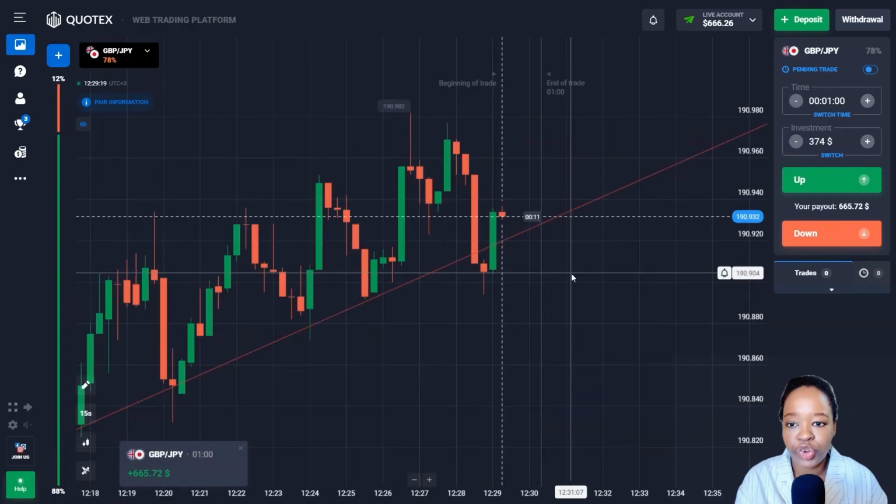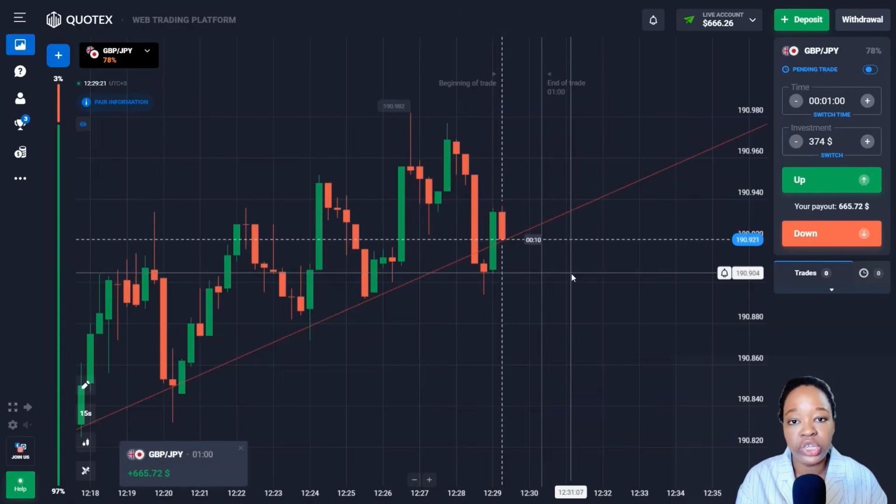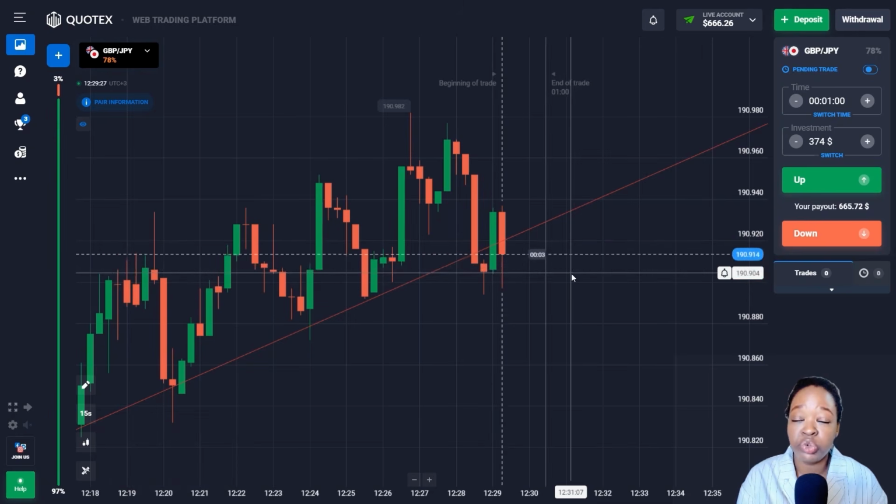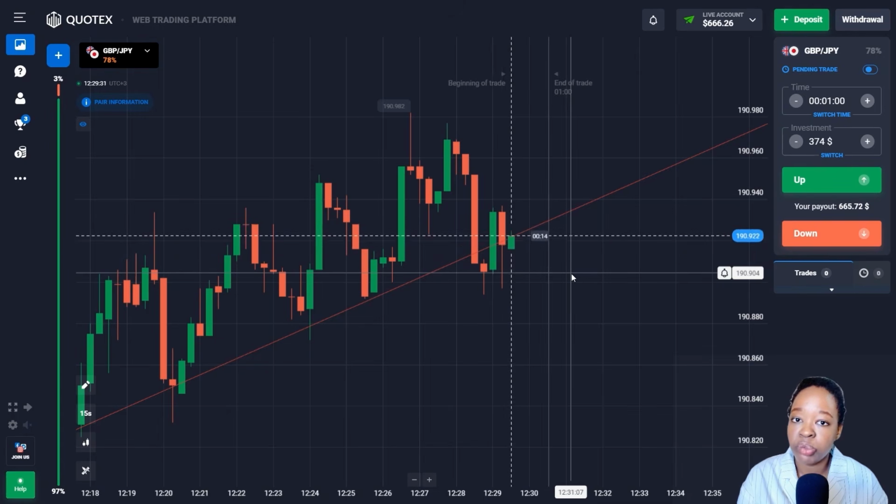This is awesome, friends. You can see the price moves according to the scenario and touches the trend line. Here I got a very good profit. As you can see, I've already been able to increase my initial amount more than 10 times. So let me continue and find more situations.